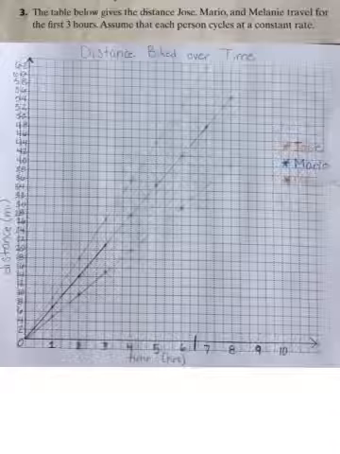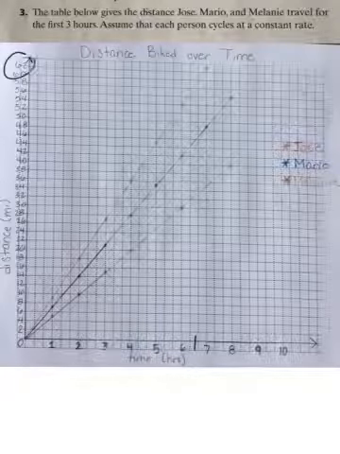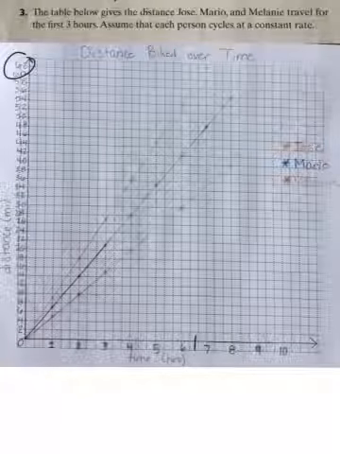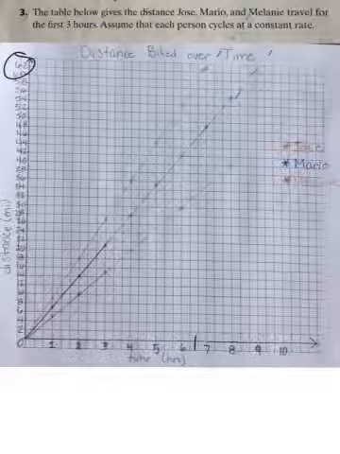Question E asks you to use the graph to find the time it would take each person to travel 70 miles. I had to do this on my own paper graph because, as you can see on here, this graph only goes up to 62 miles. So I had to add on graph paper to get up to a certain number of hours and reach up to 70 miles. All I did once I had added graph paper was extend each of these lines until they hit